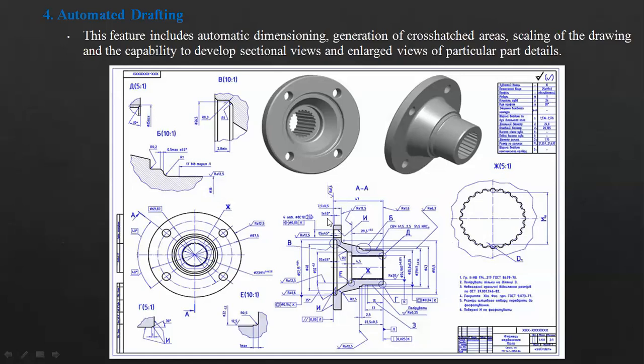Can be modified, and also another very potential feature that we have is, because now what you're plotting is based out of a model, isn't it? You have saved the CAD model. Either you came to the drawing module and imported that part, or from the model you can enter drafting.